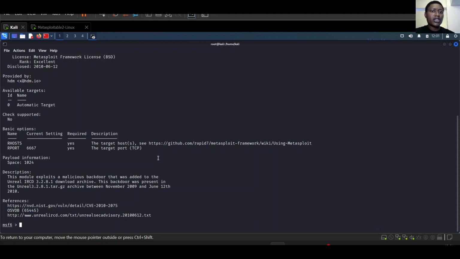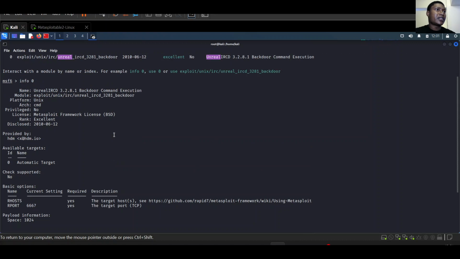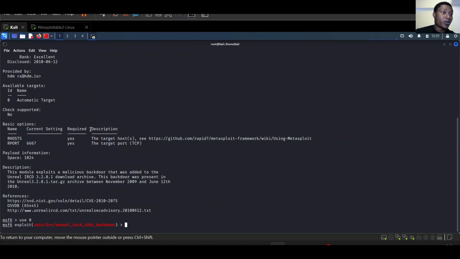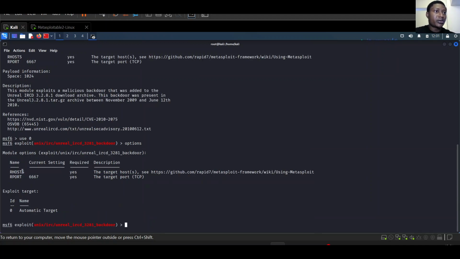That is it with this exploit. So let's load it using the use command, and we've loaded it. Let's look at the options. We can see that the rhost is needed. So rhost